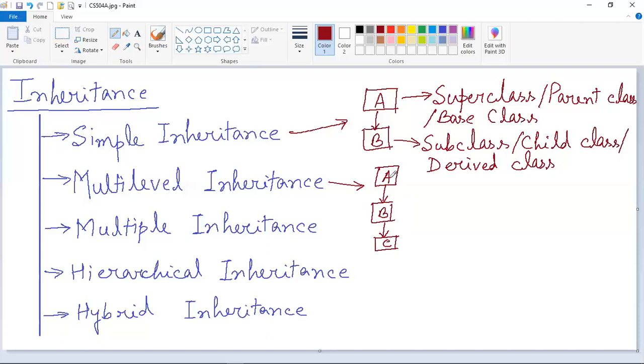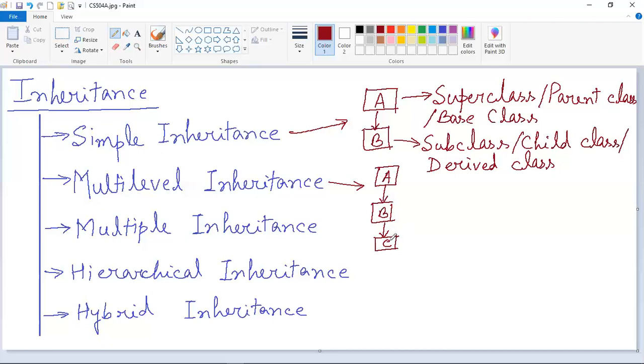That means B inherits the properties of A, or B can have access to the members of the A class directly without any object. And C class can have the properties of the B class. That means the C class can use the members of B class without any object. That means we can say that this C class via this B class can access A class also.